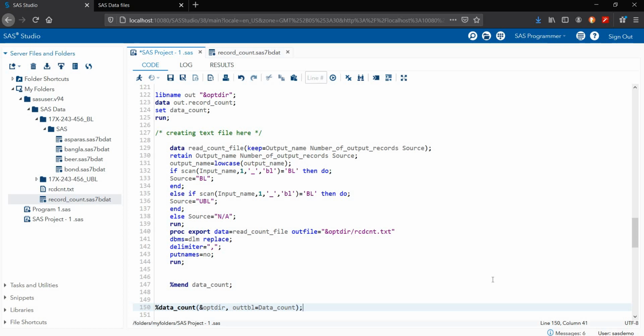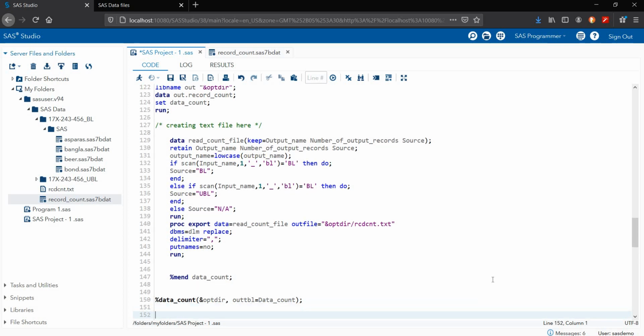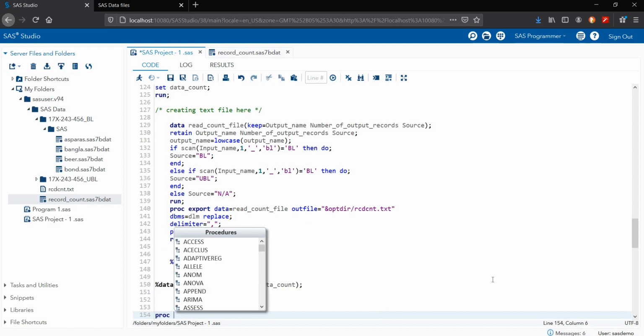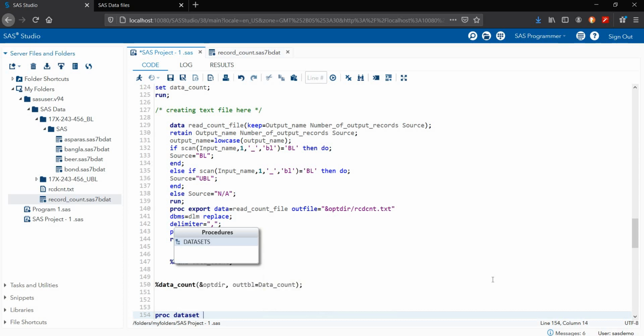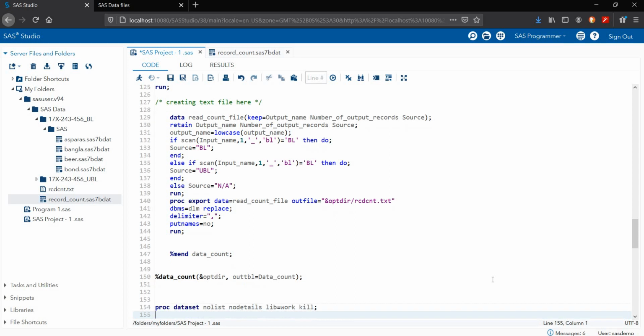In the last I'm clearing my memory. Proc datasets nolist nodetails, lib is work, kill, then the run statement in the last.